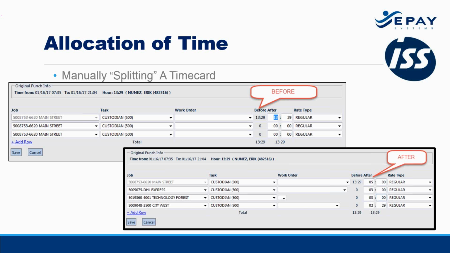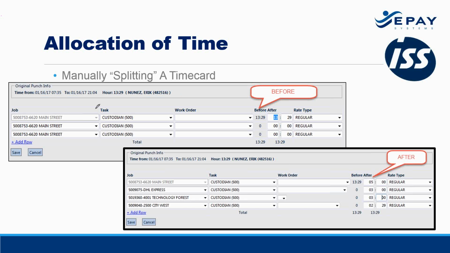The other screen showed 13 hours and 30 minutes, because the rounding rule came into play a little bit. So rounded would be 13 hours and 30 minutes. But since splitting a time card is based on those straight hours, we need to now reallocate those 13 hours and 29 minutes. So the top half of the screen here is going to show you the before picture,